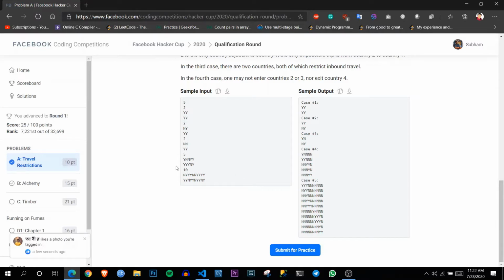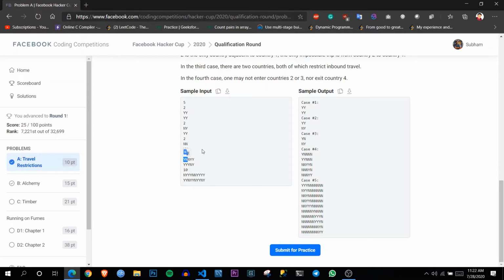So let's say these two cities are adjacent, so we can travel from one to another. So when is the possibility of traveling? We have to understand, if the left city has its outgoing as yes and the right city has its incoming as yes, then we can go from the left city to the right city.